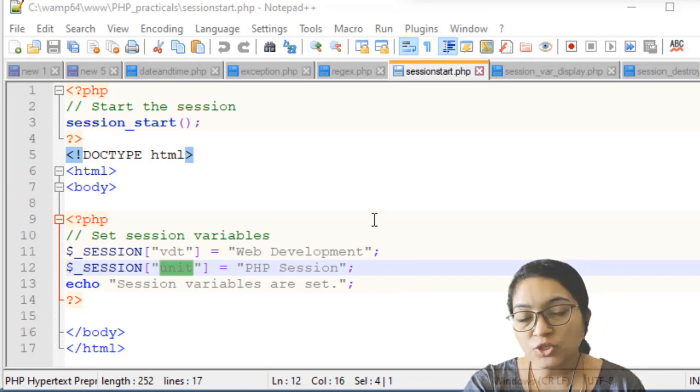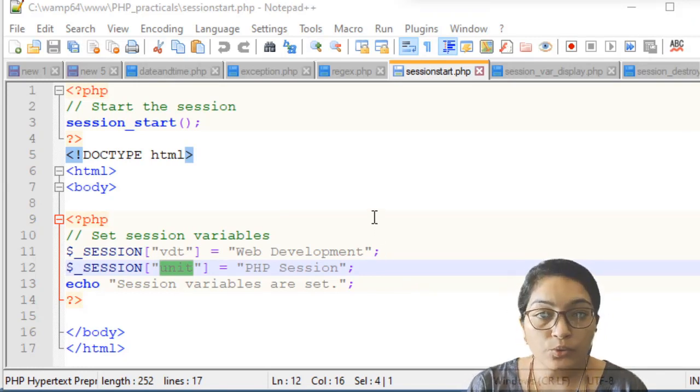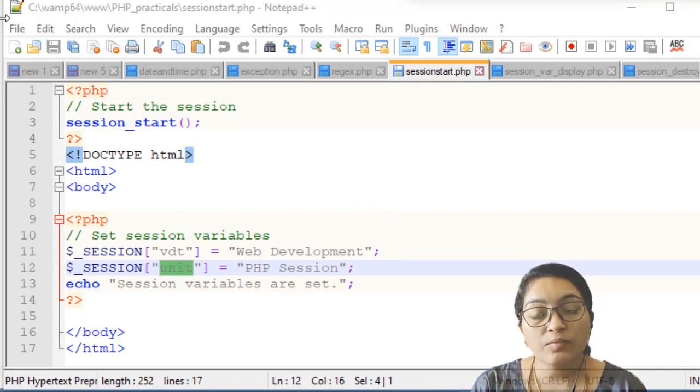In the last lecture, we learned that whenever you are going to do a practical related to sessions, you must write session_start, whether you are going to destroy the session, create a session variable, or display a session variable. So in this practical, we have written session_start. After that, we have created one variable, $_SESSION, that is VDT.